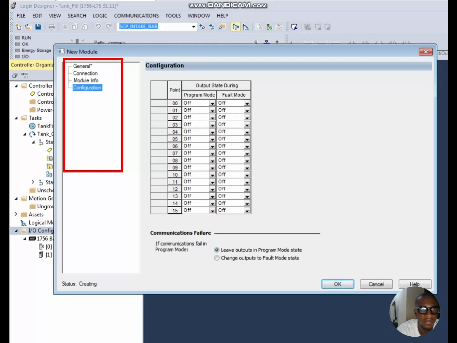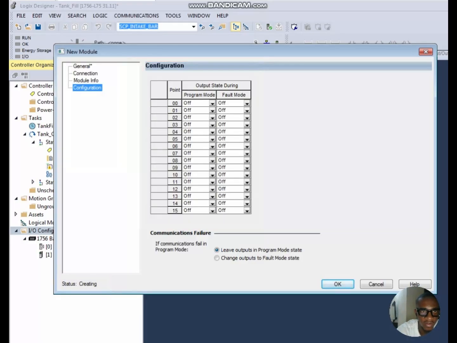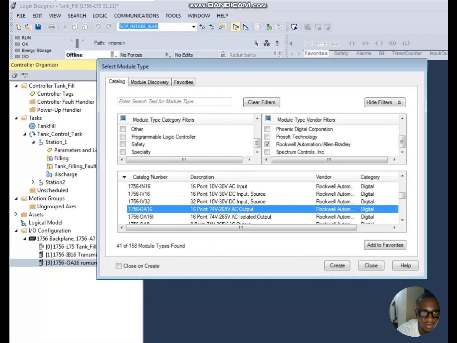So here we have other things that require configuration, and we will talk about this in another video. So this is just what you will do. If you check the status here, it's saying creating. This is just how you can create your digital module, and once you're done with your setup, you click OK,